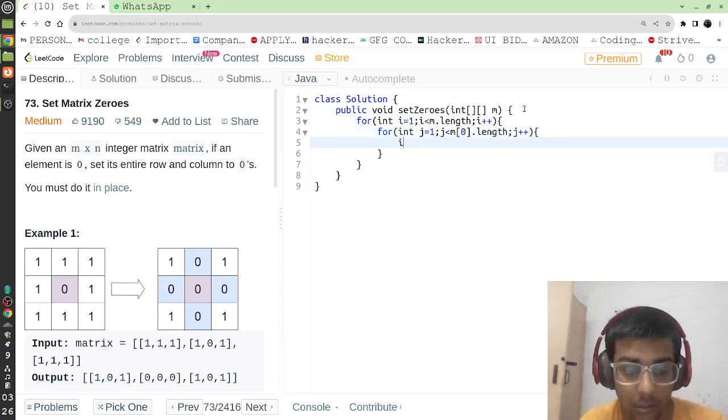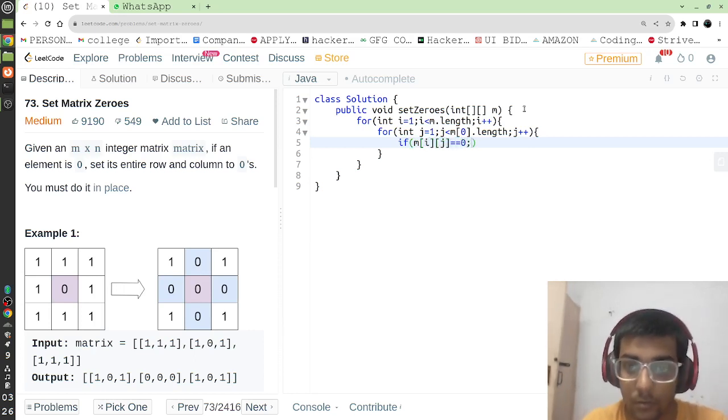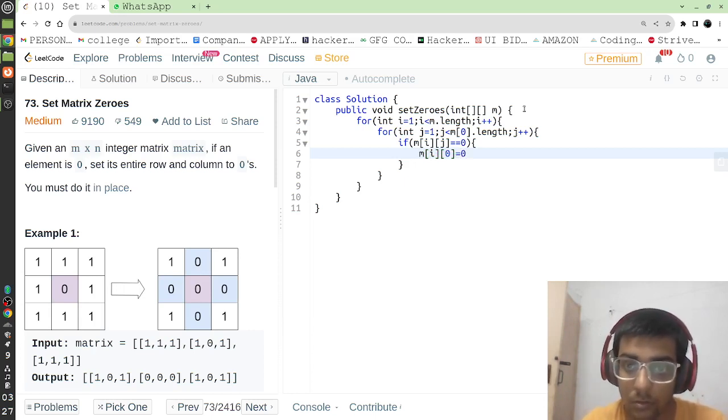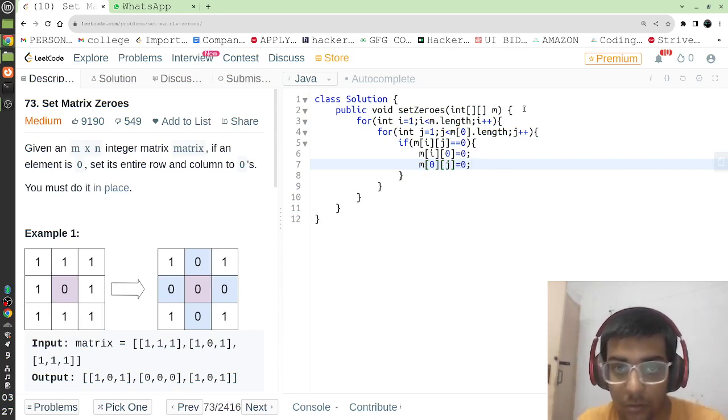So yeah, if m[i][j] equals 0, so we will mark m[i][0] equals 0 and m[0][j] equals 0. So we have these loops, we have filled zeros for this matrix,